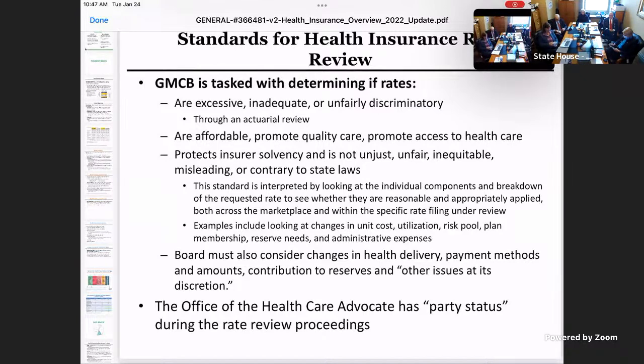And then Act 48 in 2011 or 12, that was the bill that was to create universal healthcare. The Green Mountain Care Board was created to be the entity that was supposed to oversee that system, as well as the insurance rates, the markets, et cetera. A lot of the stuff around affordability and quality was added, and payment reform has been added to it through the years, as the Green Mountain Care Board's role has been more than just looking at insurance rates. They try to look at the system as a whole.